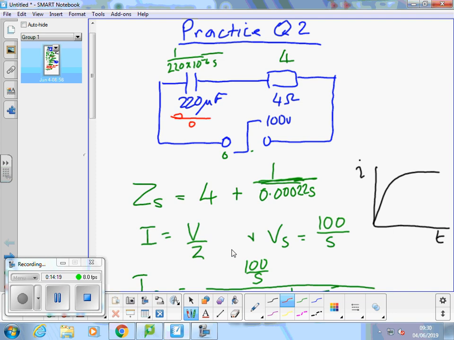No, these two have got to add up to 100, remember. So we've got 100 there. Therefore, the current through that resistor is 100 volts over 4 ohms, 25 amps. Yeah, and then as the capacitor charges up, you get less voltage across the resistor, and therefore the